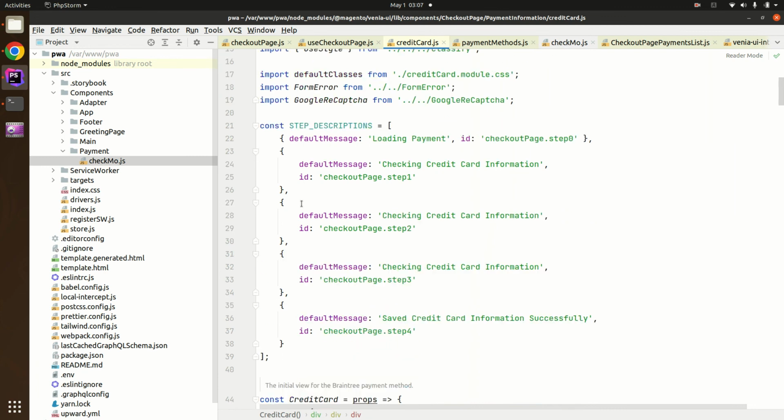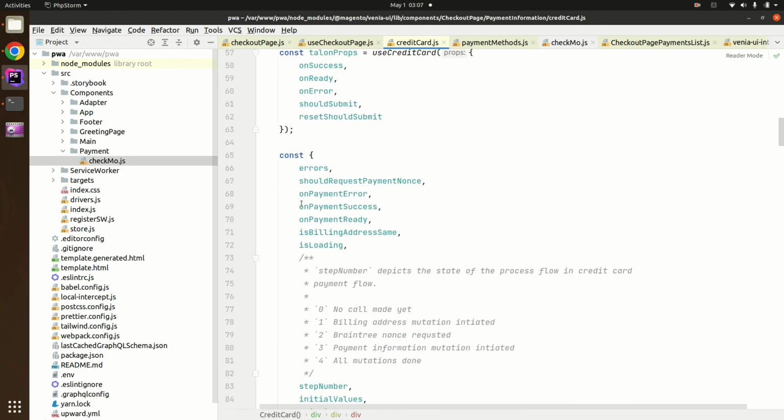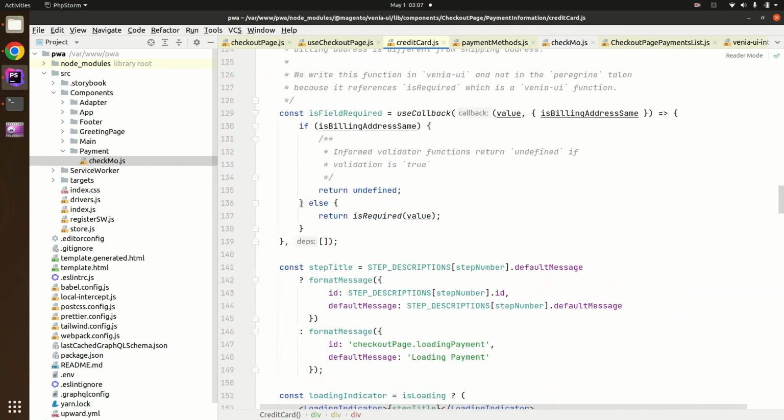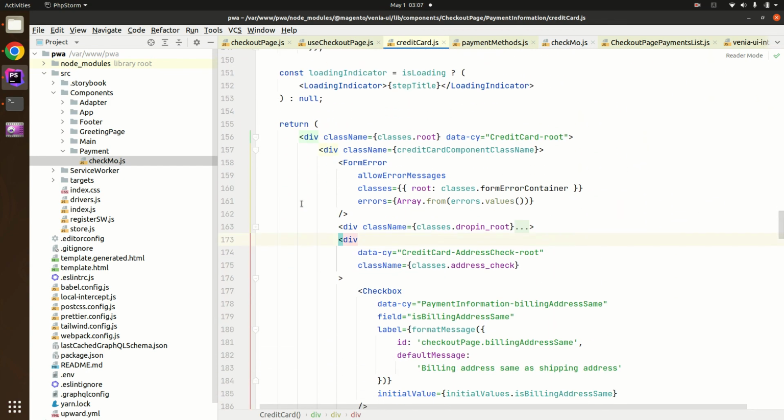So it seems like this whole thing could be used, except we don't want